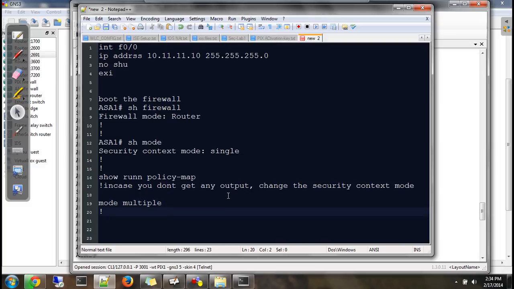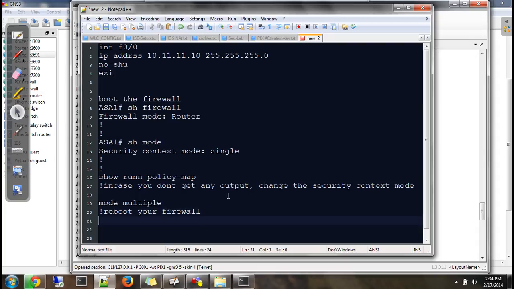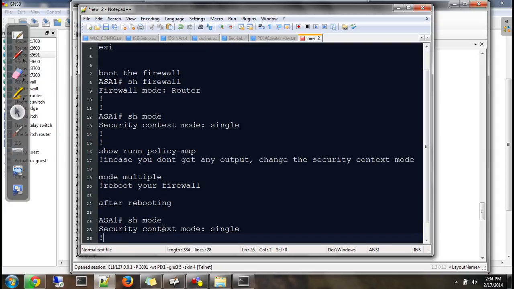This will automatically reboot your firewall. Once the firewall comes up, again do the same thing. After rebooting, again do show mode. This time it should show you multiple.